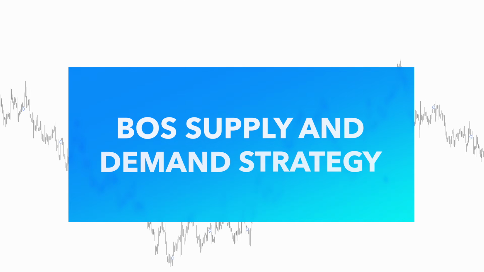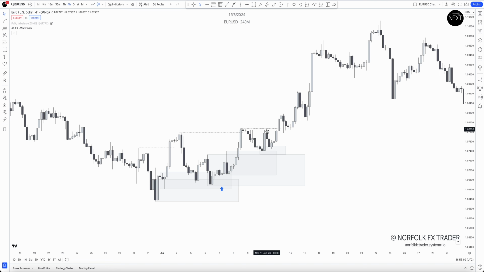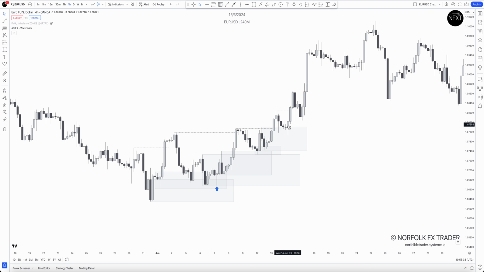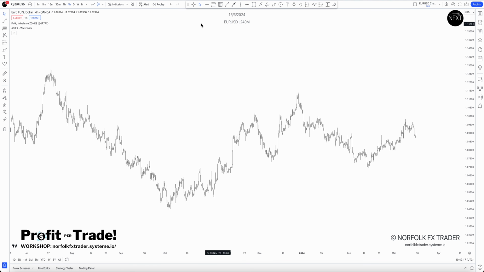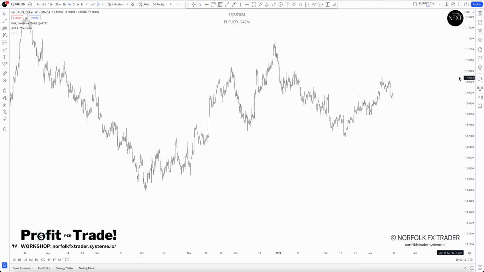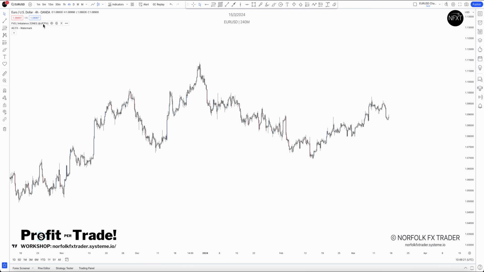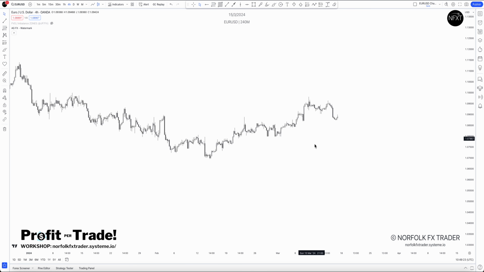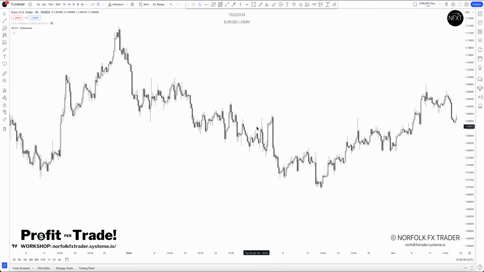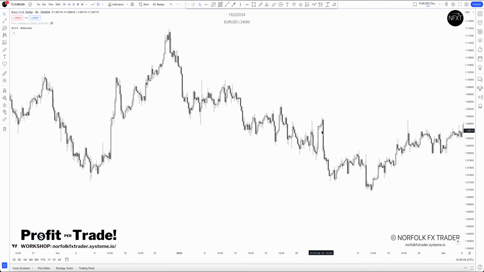Today I will cover the break of structure supply and demand strategy, how you can use the break of structure to your advantage when looking for those supply and demand zones. So I'm on the EURUSD on a 4-hour time frame, and let's just remove this indicator off. We don't need that on. And I'll go through just understanding how you use the break of structure technique to find your supply and demand